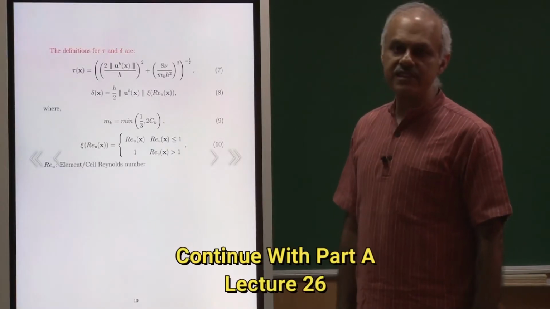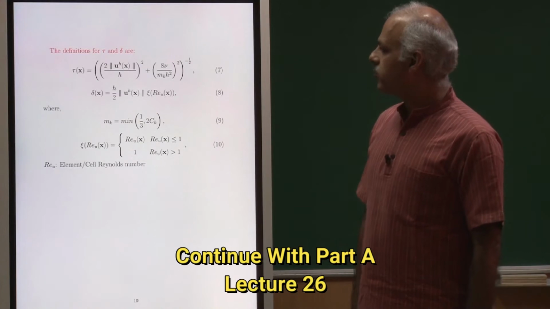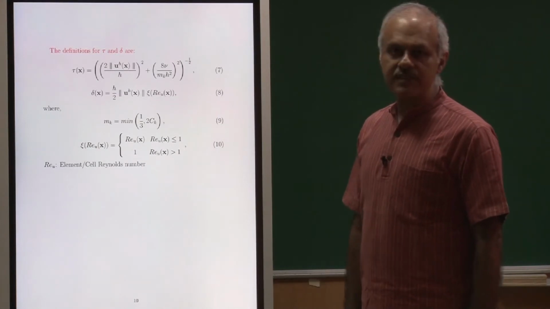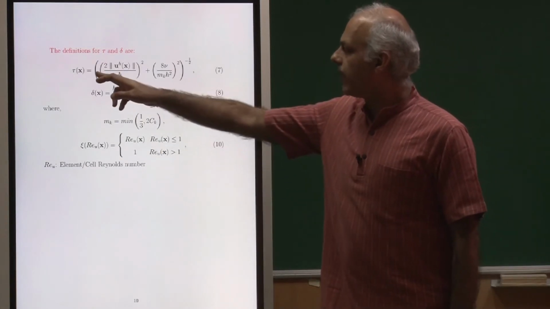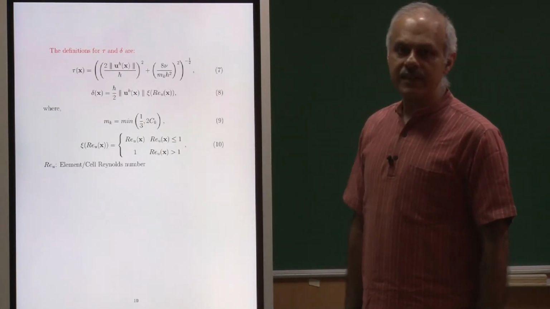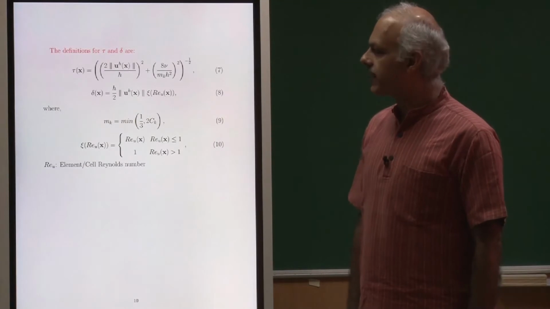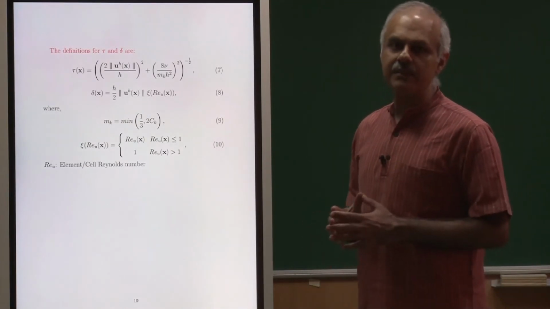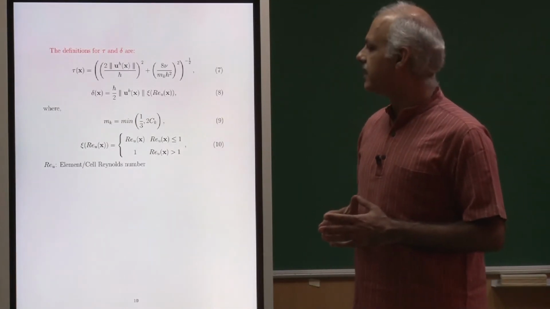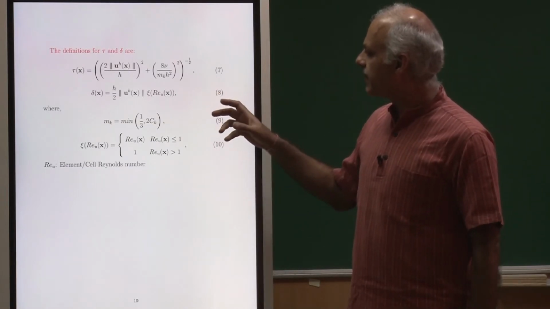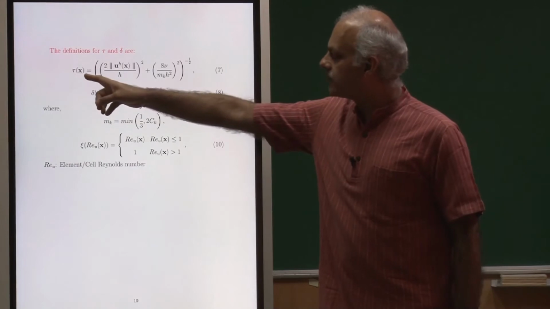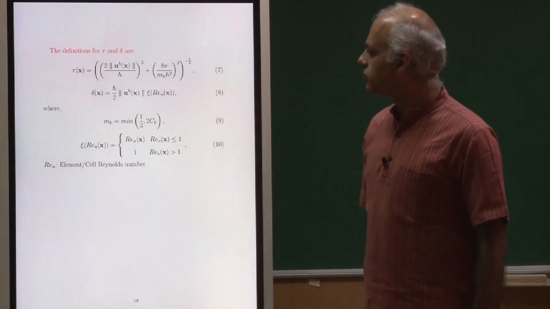What are the definitions for tau and delta? We have seen a little bit of this in the earlier classes. Tau was given in terms of a doubly asymptotic limit. There was an advection limit to it, and then a limit in the low Reynolds number flows. It has been tweaked a little bit, so a tau has been proposed which is a smooth function.